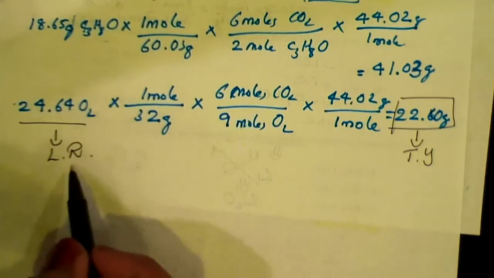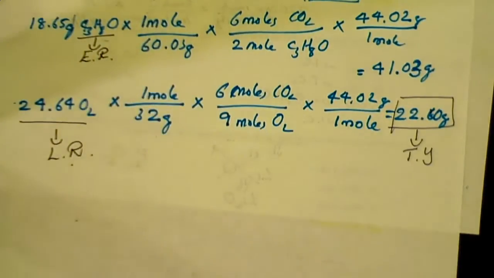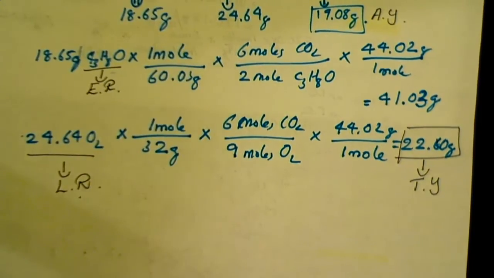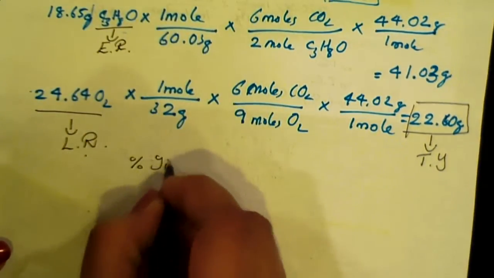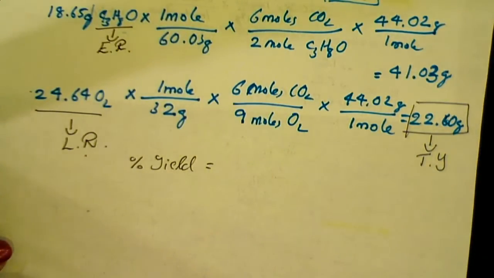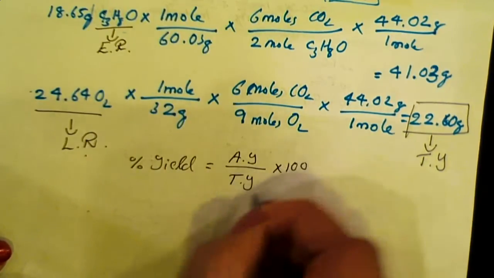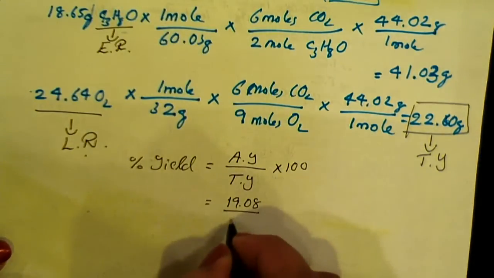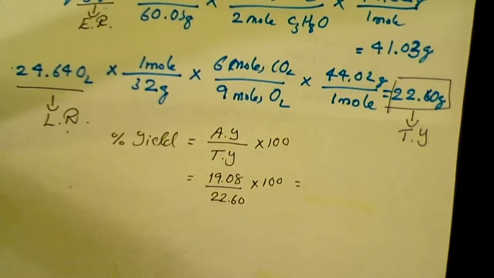So you have to figure out how much carbon dioxide will be formed with each amount of reactant given, and the least number will be the theoretical yield. The reactant that gives you the least amount of product will be your limiting reactant. If this one is limiting reactant, the other one will be excess reactant or excess reagent. So we figure out the limiting reactant and the theoretical yield and also the excess reactant, and next is percentage